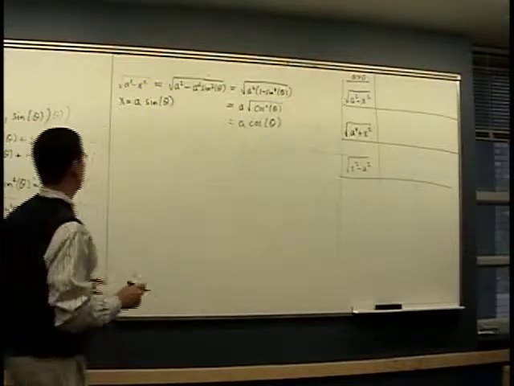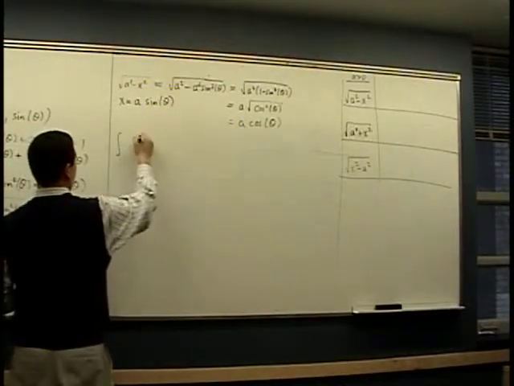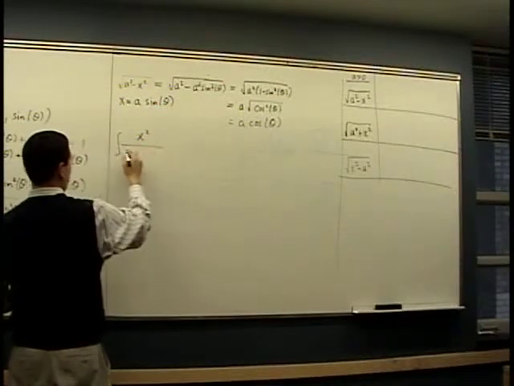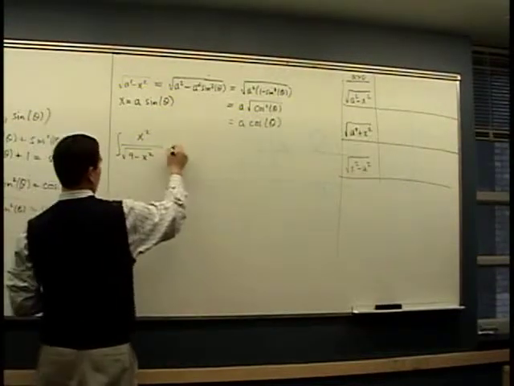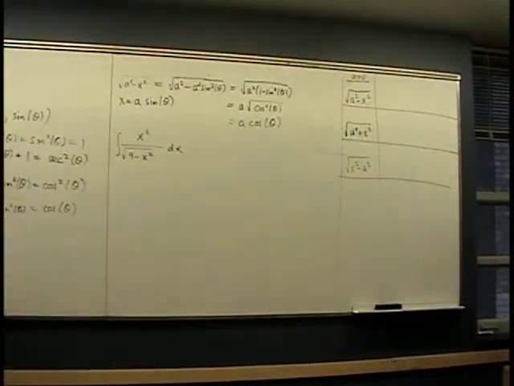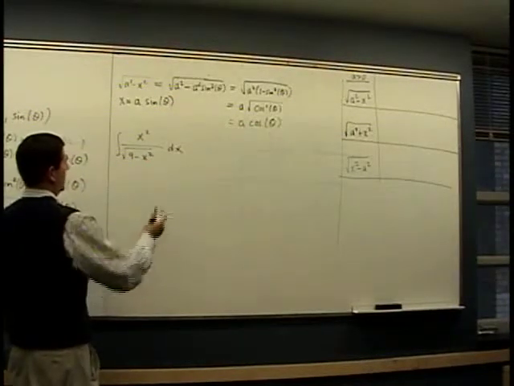So let's see how this plays out in a real problem. Let's look at the integral of x squared over the square root of 9 minus x squared dx. Okay,